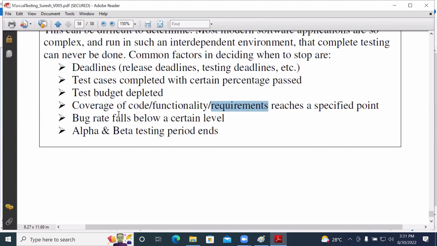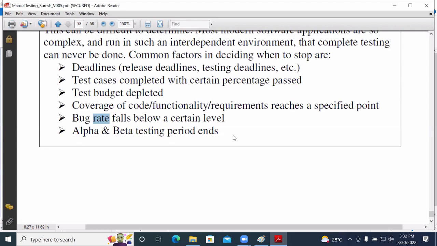At the same time, the bug rate has fallen. Initially, you can identify more bugs. Once you identify the bugs, you report the bugs. Once you report the bug, what does the developer have to do? Fix the bug.